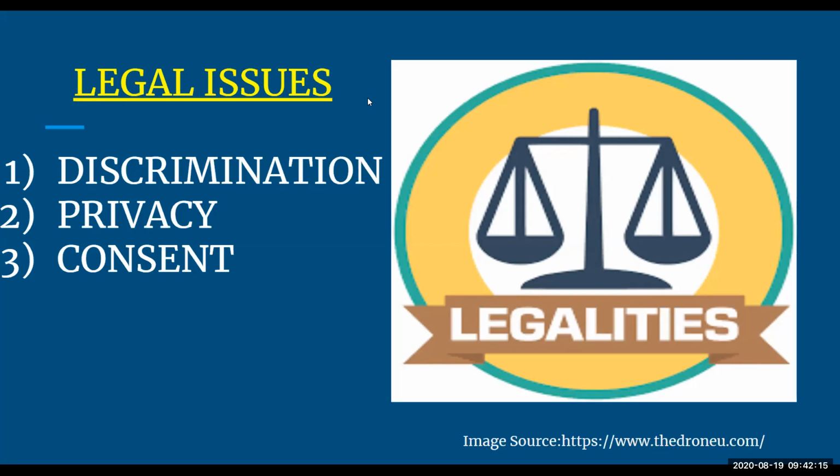So here we can conclude that with respect to legalities, with respect to legal agreements, there are three issues which we always come across with smart devices. First is discrimination, which refers to collecting data from different races, classes, age groups and genders. Second is privacy, which refers to your information being taken from these devices in non-encrypted form. There is no privacy there. Anybody can access your data without you knowing it.